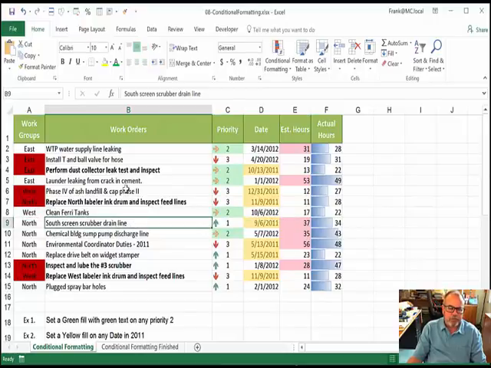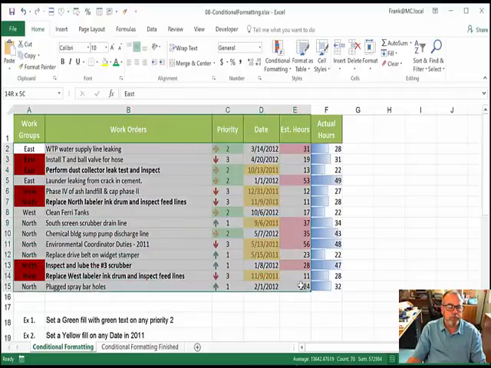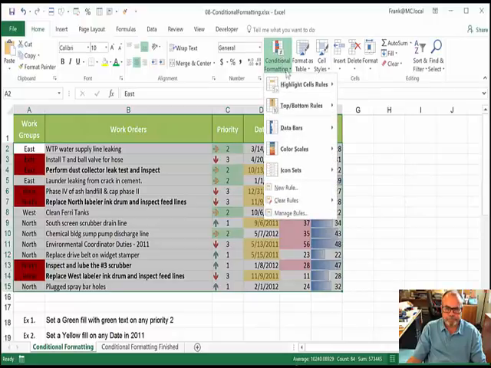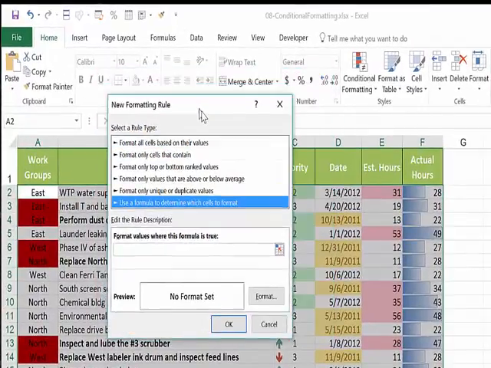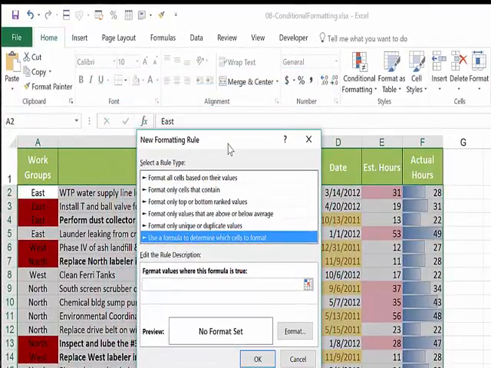Now this one is slightly trickier. What cells are we going to format? Well, we're going to format every cell in the whole table. So to start out, I select the cells I want to format. It's the entire table like that. So I'm selecting everything. Now I come up to conditional formatting, new rule, use a formula to determine the cell